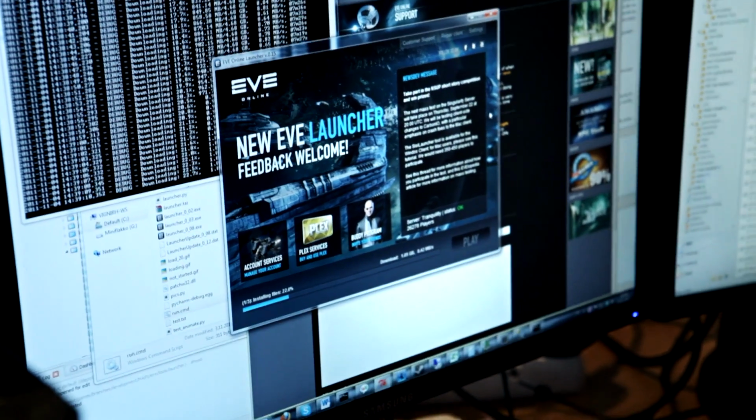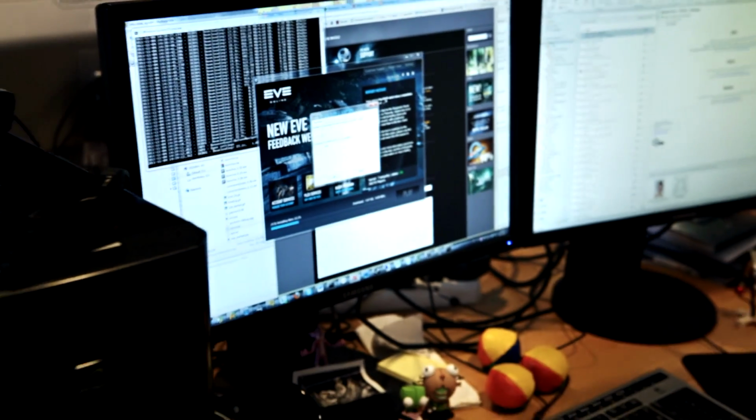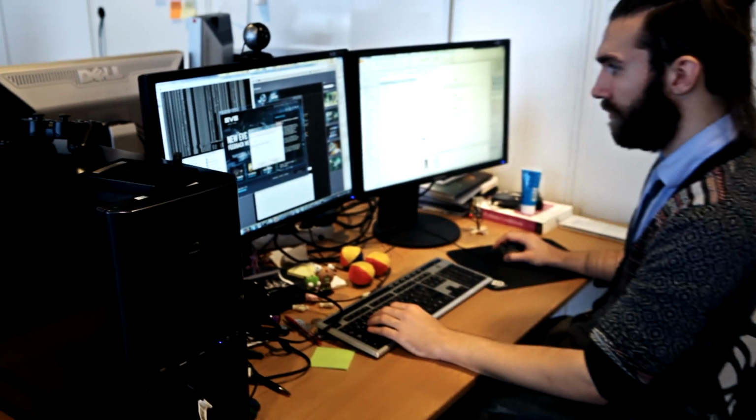Instead of starting up your EVE client, you start up the launcher, which will then start up your EVE client. What this extra step actually gives you is more simplicity, because instead of starting your EVE client to get to know that there's a new update, and then you have to download that update, and then you have to install it, the launcher will just let you know, okay, hey, there's an update available, I can download it for you, I can install it, no problem, and then you're just good to go